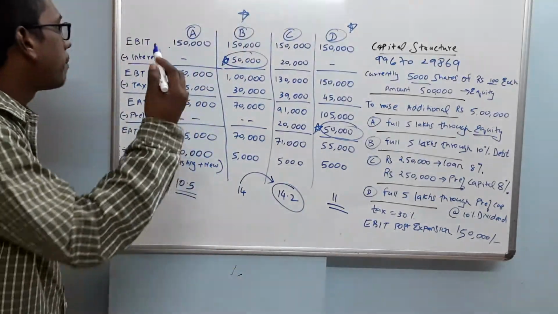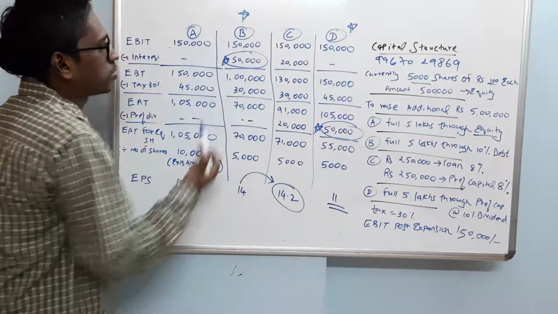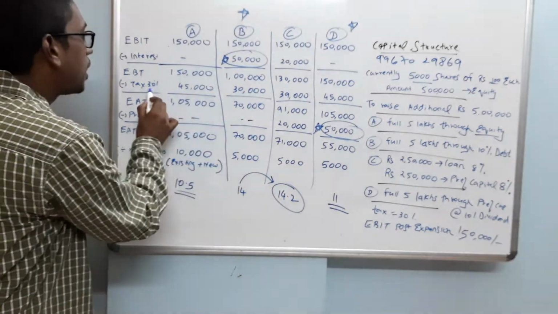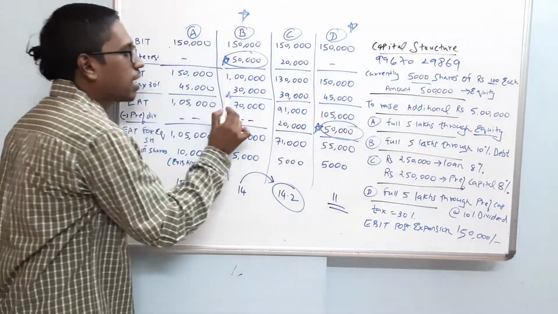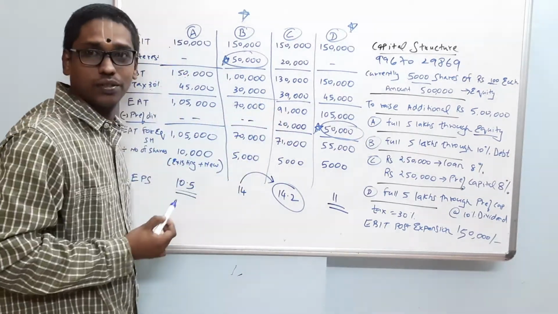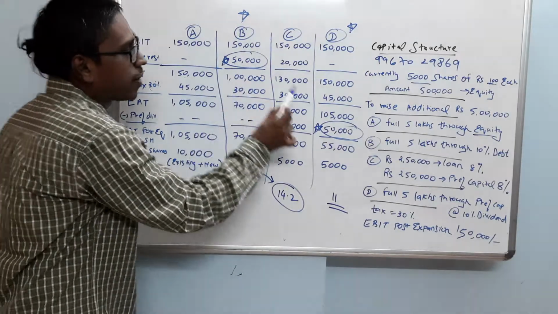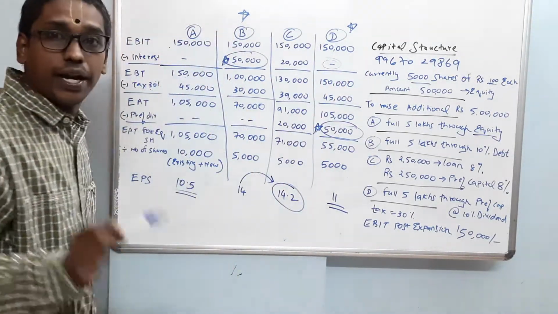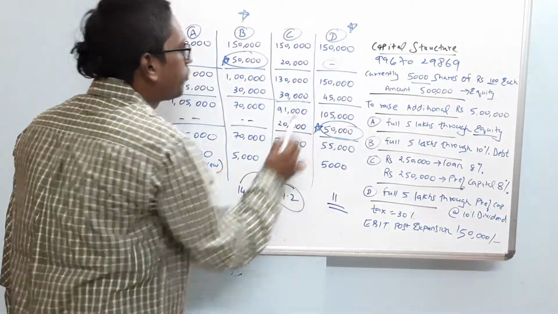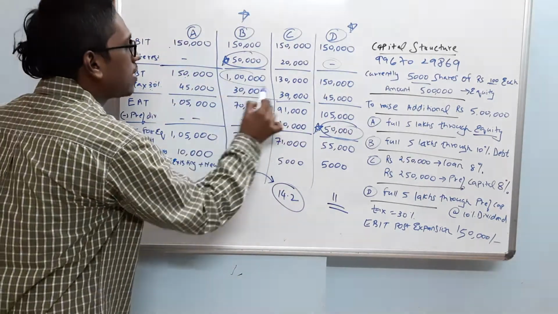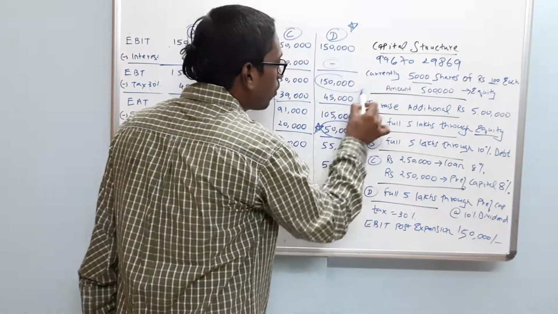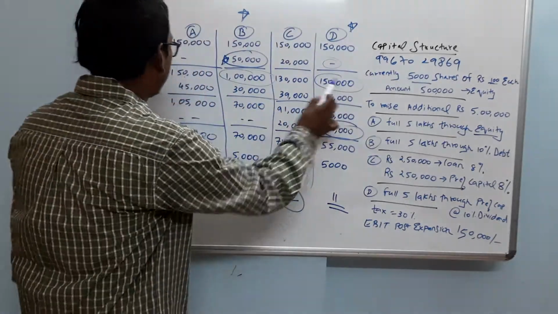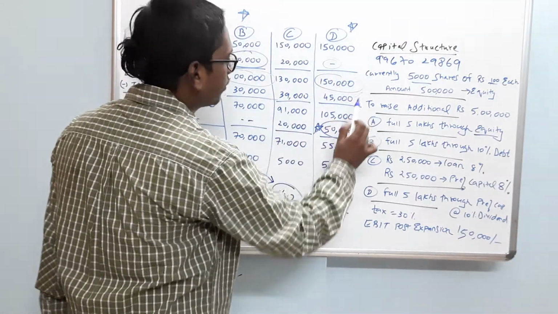Why like this? Because we pay interest of 50,000 rupees, EBT is 1 lakh. So we pay tax of only 30% of 1 lakh, tax amounts to only 30,000 rupees. This 50,000, when you pay as preference dividend, the interest is nil. Therefore you end up paying tax on 1 lakh 50. Here we pay tax on 1 lakh, but here we pay tax on 1 lakh 50. So when you pay tax on 1 lakh 50, 30% of 1 lakh 50 is 45,000.